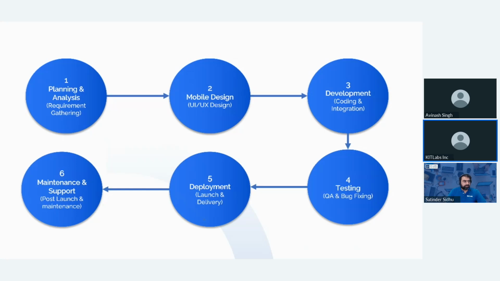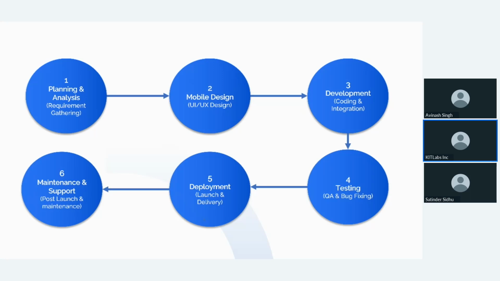The very first step is the planning and analysis phase. What happens when a business analyst or a business development team approaches you? They understand your requirements in detail. As we also had a poll here asking: do you have prototypes? Do you have a website for your business? We understand your requirements and decide what will be good for you, and what features you want for the mobile application. After gathering all those requirements, we move to the next step, that is the designing process.